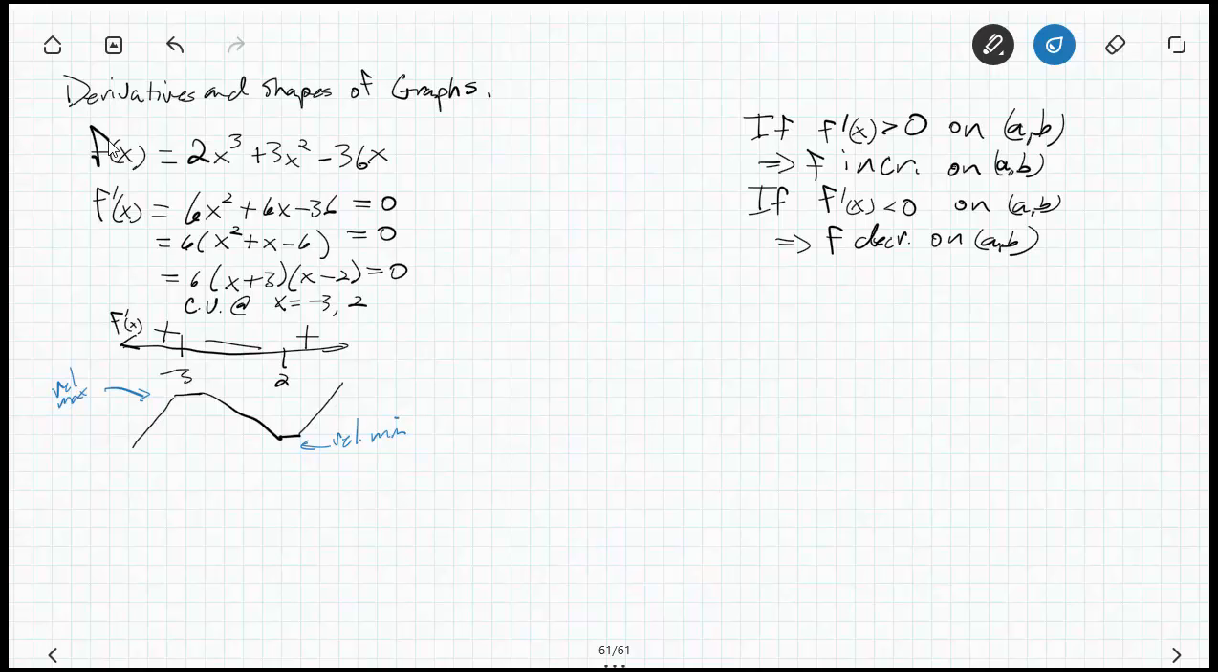Now, this is not an extreme value theorem setting. This is not a closed interval. Remember, the extreme value theorem only works when we're in a closed interval. So I know that this function increases throughout. Okay? Now,